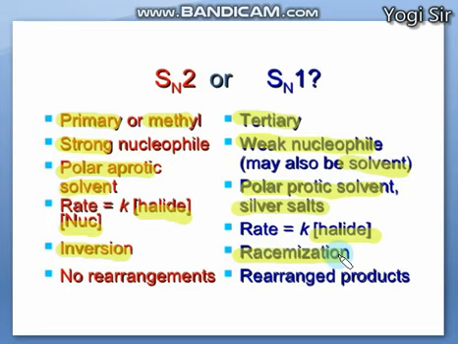Racemic mixture means we are getting two different products. One is dextrorotatory, another is levorotatory, or you can say two different isomers are produced in equal proportion, 50% levorotatory isomer and 50% dextrorotatory. It is known as a racemic mixture, and the process of formation of a racemic mixture is known as racemization, right? That is taking place in the SN1 reaction. Here there is no rearrangement in SN2, while there is rearrangement of products in SN1. That is the difference mentioned here.